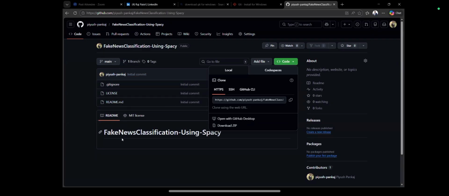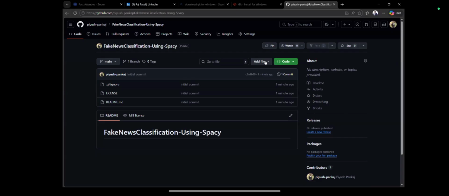Nothing is here, right? What we'll be doing, we'll be adding the files. To add the files, we have one option over here, add files, where we can simply upload the file. But uploading the file will not always be the optimal way.